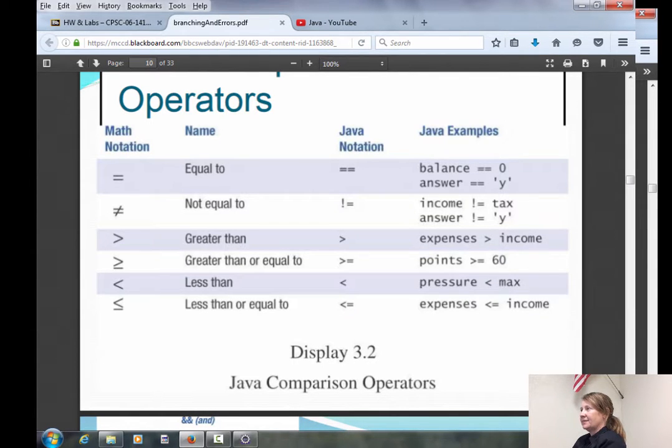Okay? If I want to check if 2 values are not equal to each other, I use the not operator and the equal sign together, and that's one symbol, or one operator, the not equal to operator. Greater than, of course, is the greater than symbol. Greater than or equal to is the greater than and equals symbol together. Less than and less than or equal to. There's only 6 of them. You should remember them.